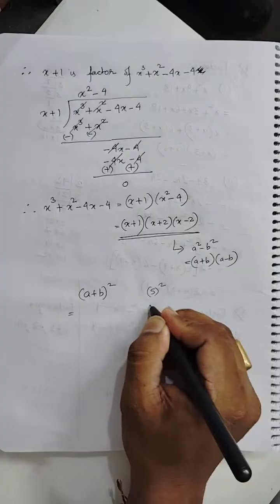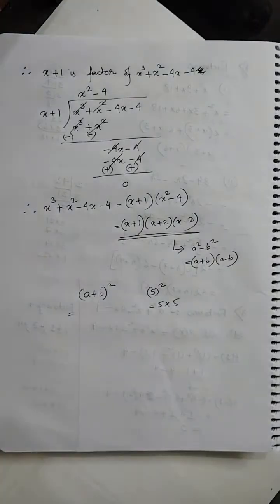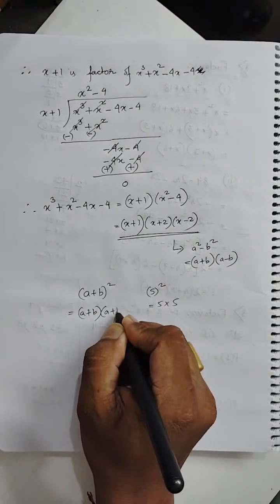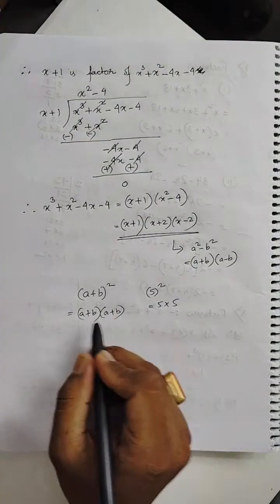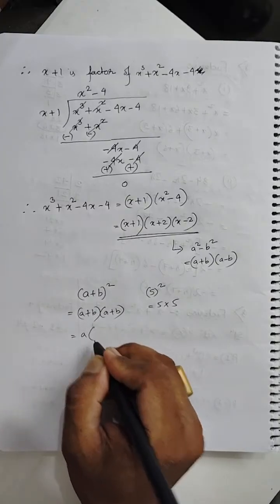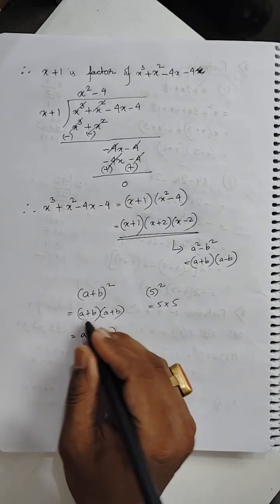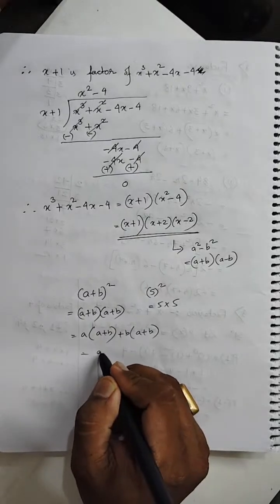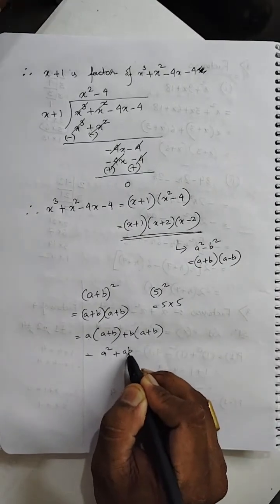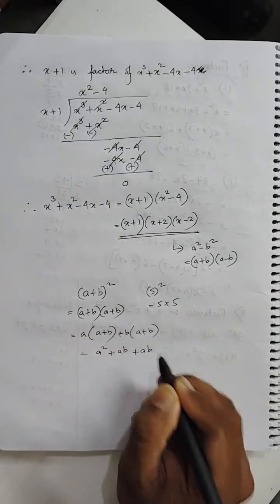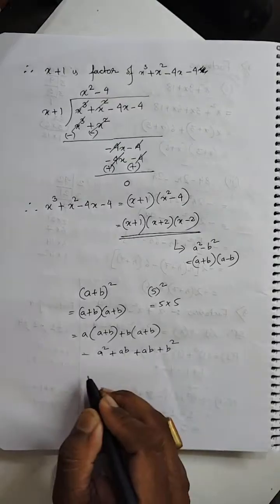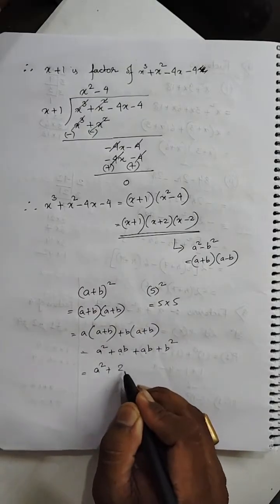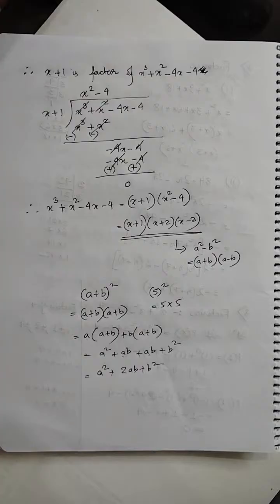मतलब किसी भी चीज़ का स्क्वायर अगर आप करते हैं ना, 5 स्क्वायर मतलब कि 5 इंटू 5 ऐसा होता है ना। तो अगर आप (a+b) होल स्क्वायर लिख रहे हैं तो (a+b) इंटू (a+b) होगा इसका, सही है। तभी एक एक करके मल्टीप्लाई करना होता है इनको। सो a को (a+b) से करेंगे और फिर ये प्लस b है तो प्लस b लेके (a+b), ठीक है। तो a इंटू a हो जाएगा a स्क्वायर, a इंटू b हो जाएगा ab, b इंटू a भी ab ही होता है, और b मल्टीप्लाई करने से b स्क्वायर। सो ab और ab मतलब कि 2ab आ गए तो a स्क्वायर, 2ab, तो दिस इज a स्क्वायर प्लस 2ab प्लस b स्क्वायर, ठीक है।